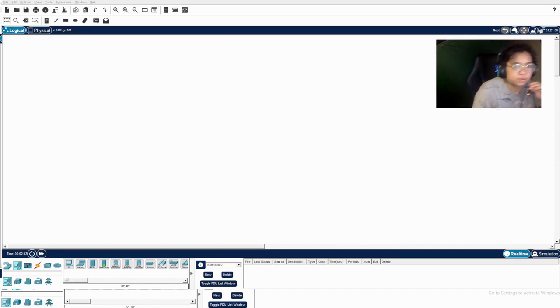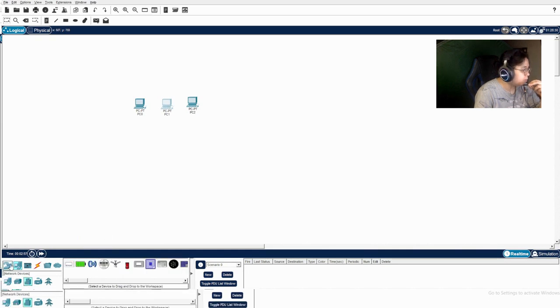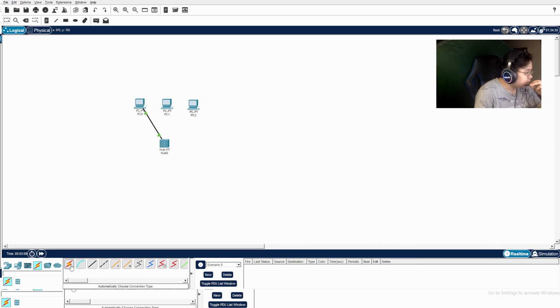Okay, so first we're going to open the Cisco Packet Tracer right here, and then we're going to connect three PCs into a hub right here. I'm going to choose this and connect them together just like last time, and this time we're going to choose automatic connection type, so it chooses a cable for us,